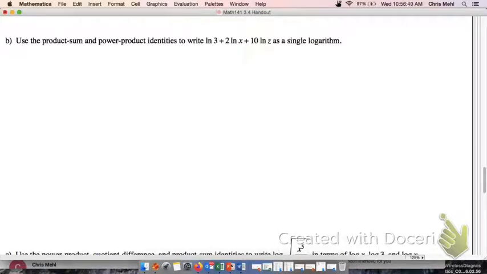So I've used the identities and written the original expression in terms of just log base 5 of x. Okay, next I'm going to use the product to sum and power product identities to write ln 3 plus 2 ln x plus 10 ln z as a single logarithm. Now remember, natural log of x is just a special notation for log base e of x. So if I want to write this as a single logarithm,